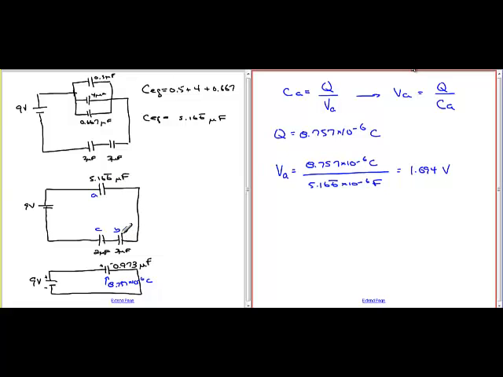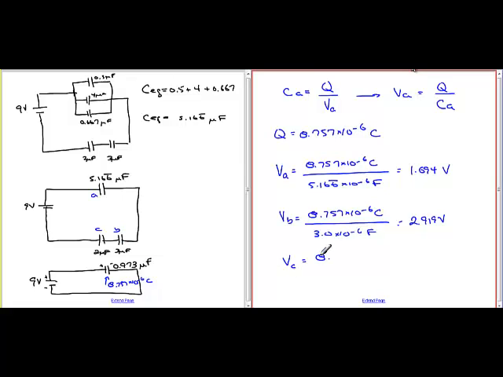When we do all three of them, when we add the voltages up, they should come out to be 9 volts because the total voltage drop has to be that. So all we do is keep the same charge for each one of those capacitors. Change the capacitance. This next one is 3 times 10 to the minus 6 farads. 8.757 divided by 3. And I'll get 2.919 volts. That's for the capacitor B, and for capacitor C,